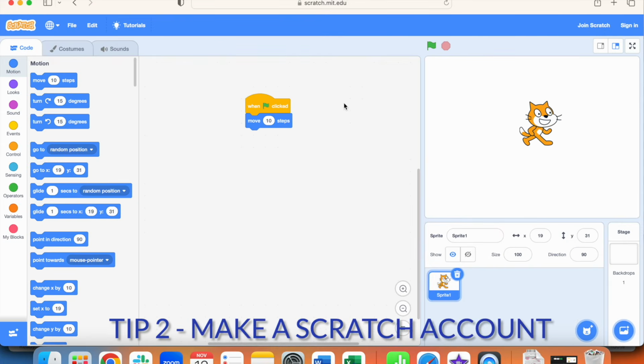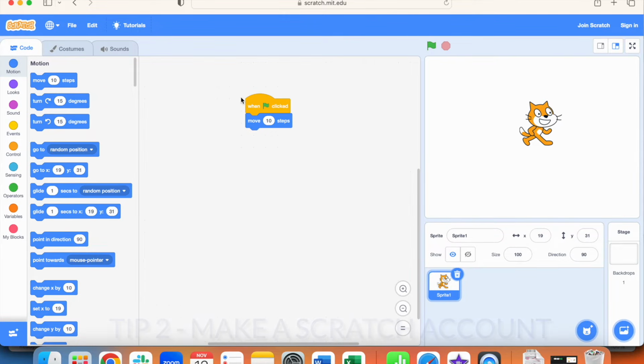All right, tip number 2 is making an account. So once you have crafted your beautiful program, you're probably going to want to hold on to it and not lose it, right? So what you can do is make a Scratch account, and then you can keep